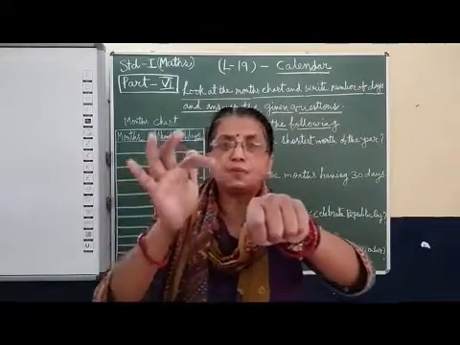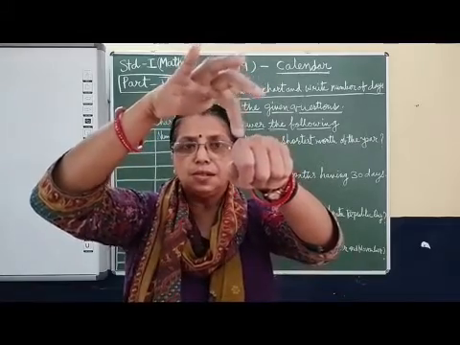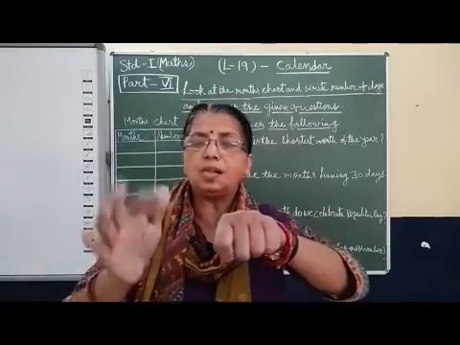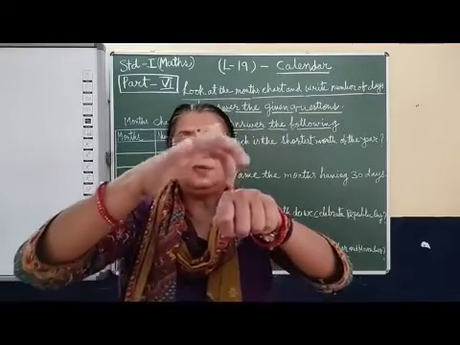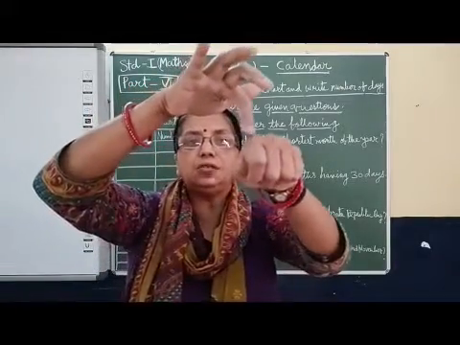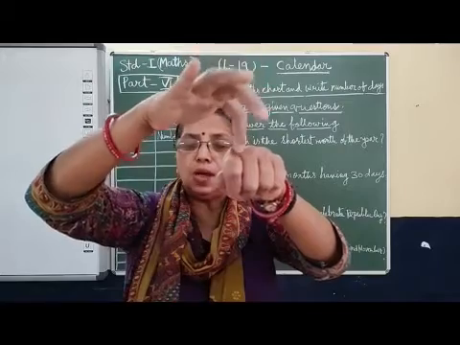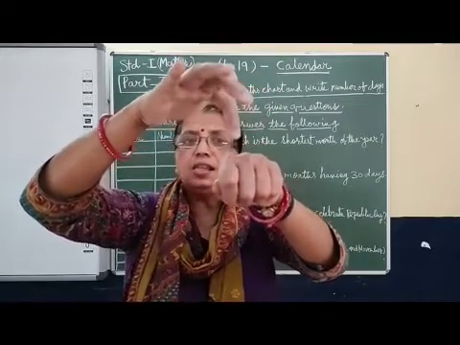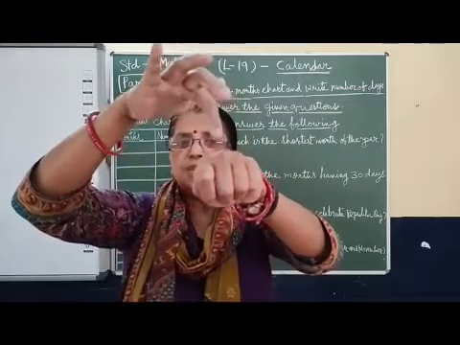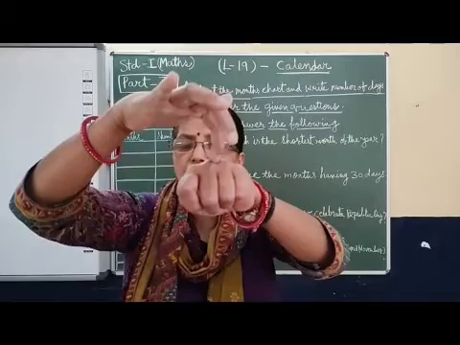Suppose we start from January, we start from the top part, so this is 31 days. Except February, all the months in the down part have 30 days. Like January, it is in the top part, it is 31 days. February, it is either 28 or 29 days. Then March, again in the top part, that is 31 days. Then April, down part, that is 30 days.